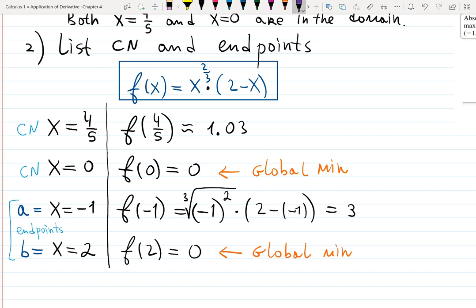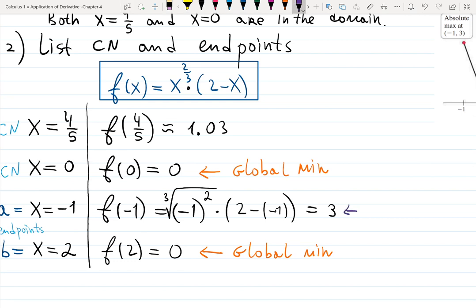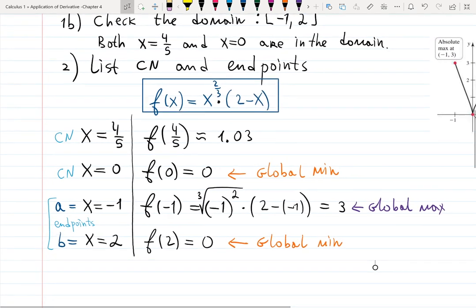Then do you see global maximum? What's the biggest output? Yes, exactly, 3. So that's going to be global maximum. And the other point, 1.03, is not really anything important, so we don't have to include that. So the answer will be